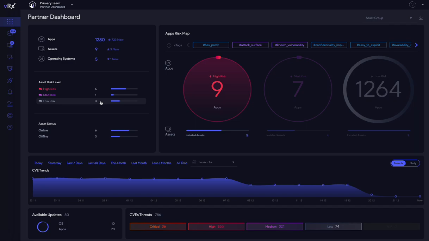Part and parcel of what we're aiming to do here is to simplify and ensure that your attention and focus is drawn to the assets and the applications that are deemed to be higher risk for you in your particular environment. We can also see whether the assets are online or offline,